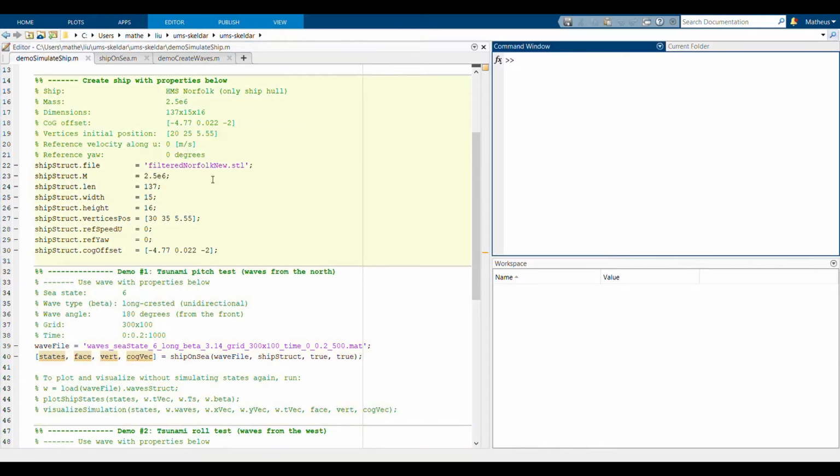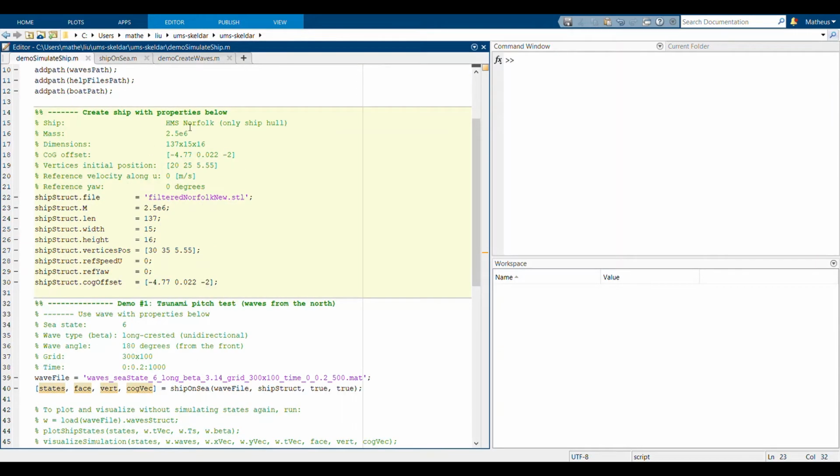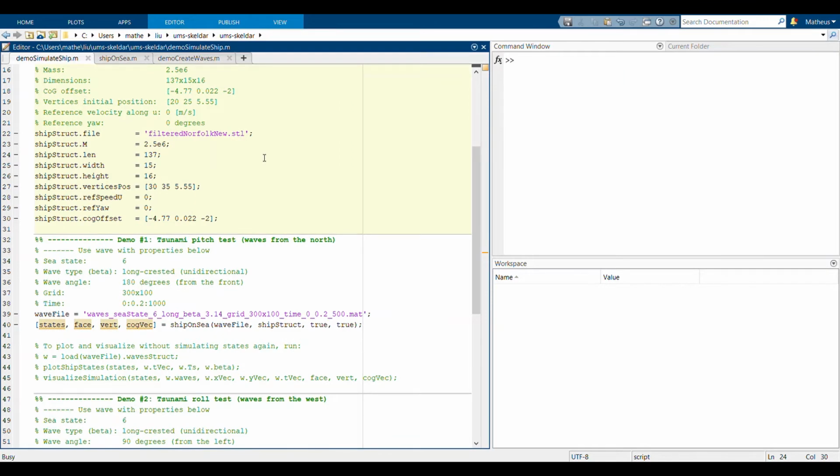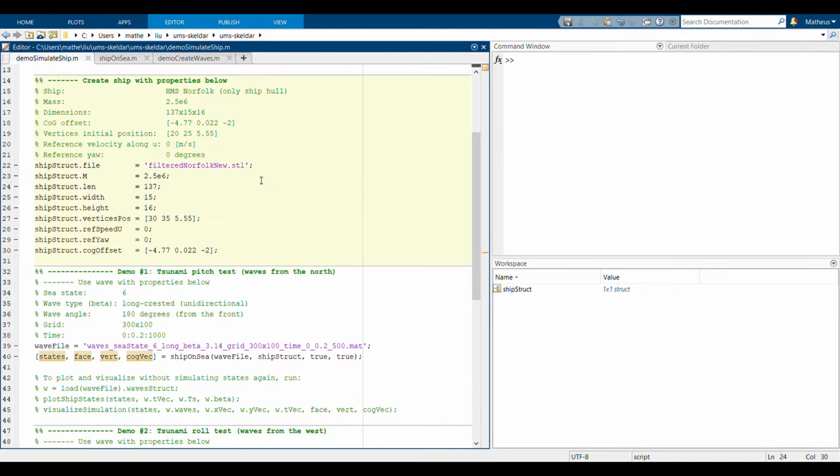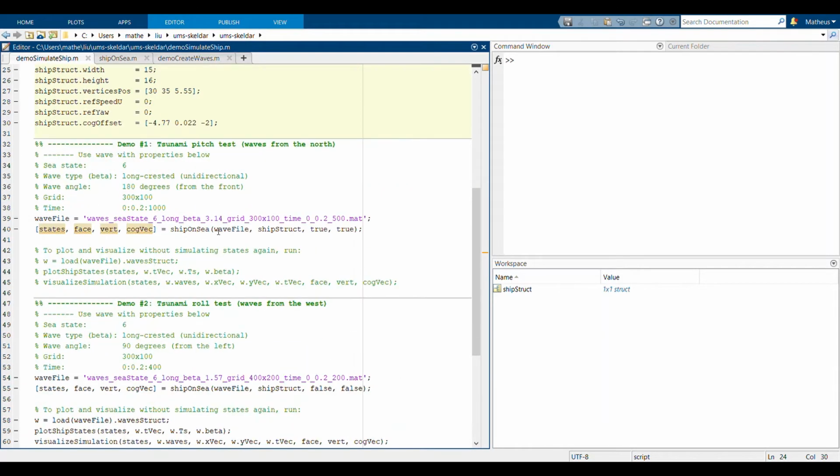Here are some properties of the ship. So it's a HMS Norfolk, only the ship hull, with this mass, with these dimensions, and center of gravity offset, vertices, initial position, initial velocity of 0. So we first do this. We loaded the ship file. Now we can go on and simulate